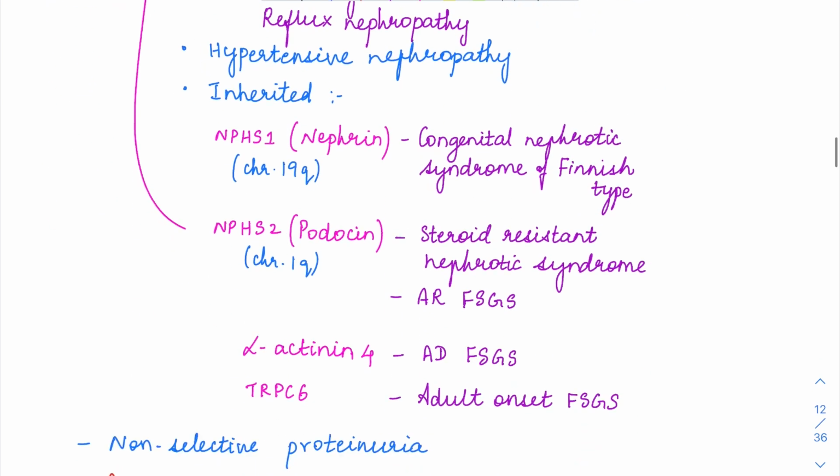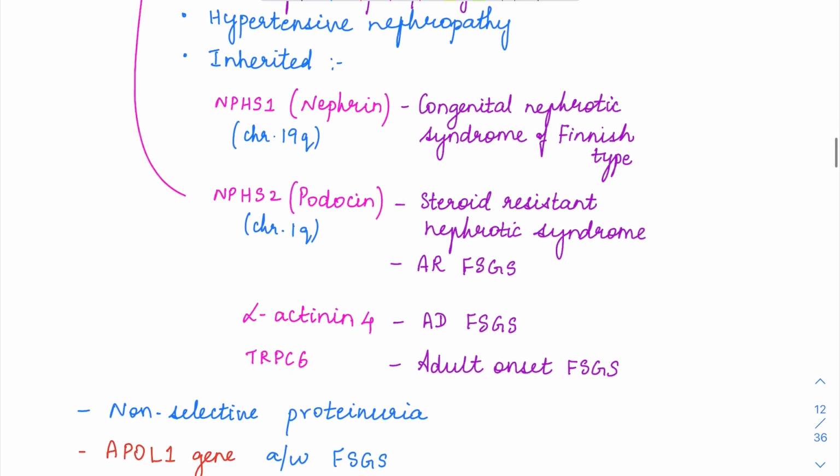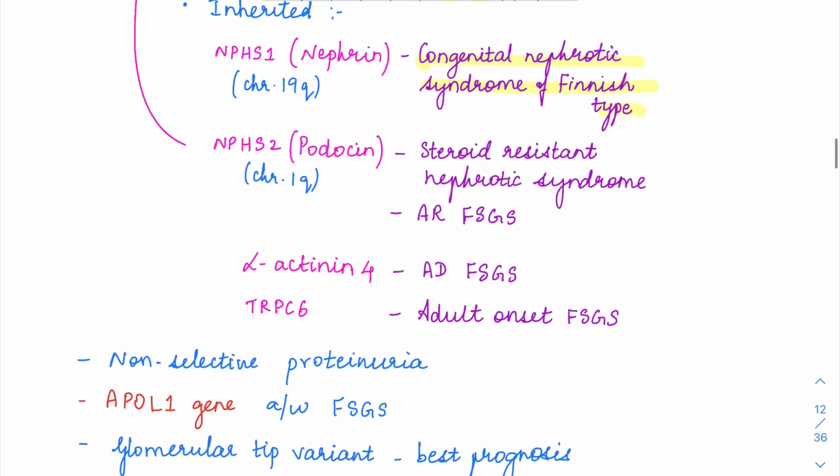While for inherited causes, we have certain mutations in the proteins involved in the formation of the filtration membrane. There are many proteins involved in the formation of the filtration membrane, so only the important ones I'll be telling here. The NPHS1 gene, which codes for the nephrin protein, is mutated in congenital nephrotic syndrome of the Finnish type. While the NPHS2 gene, which encodes the podocin protein, is going to cause steroid-resistant nephrotic syndrome and also